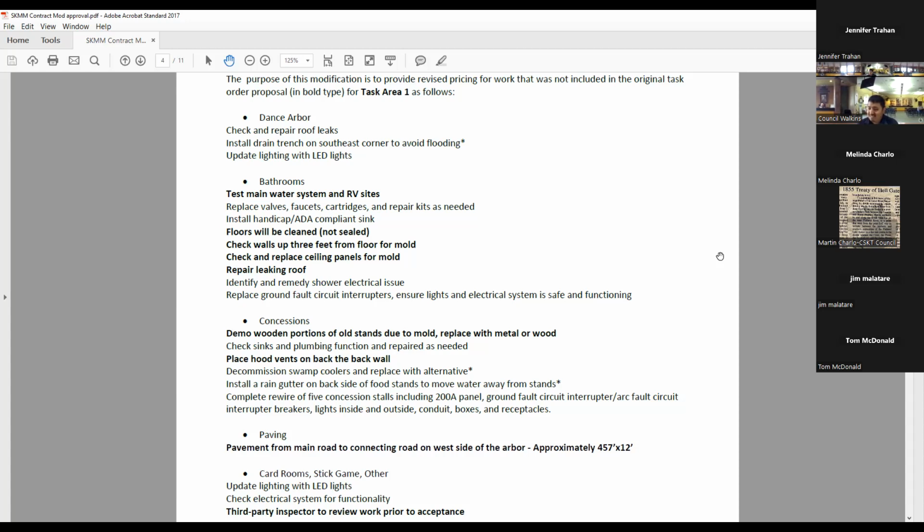Who's going to do the final inspection? We have a guy named Mike Hammerberg on contract to do both Arlie and Elmo. He signs off on the specs, making sure the outlets work, the lighting works, and things are up to code, stuff like that. So you just need a council action to approve the modification? Yes, correct, from the specified values on here.